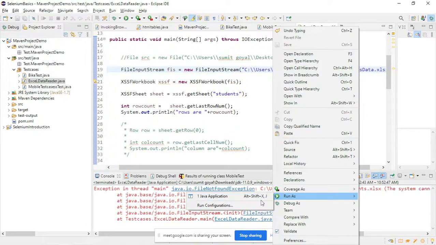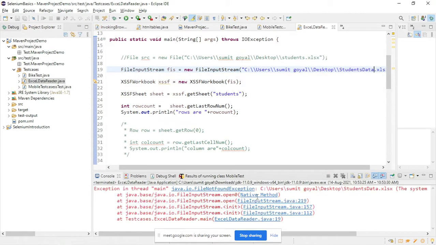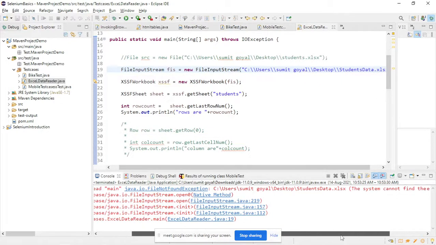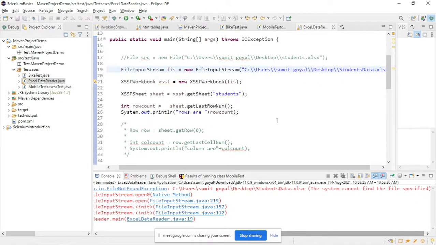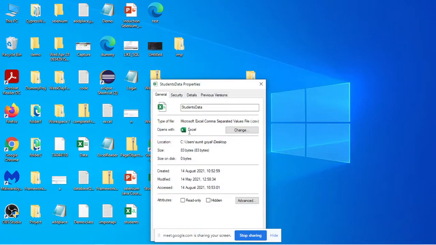This time it should work. Might be the file is corrupted or some issue is there. Okay. Why is it not identifying? Okay, let me check whether it is an Excel file or not.